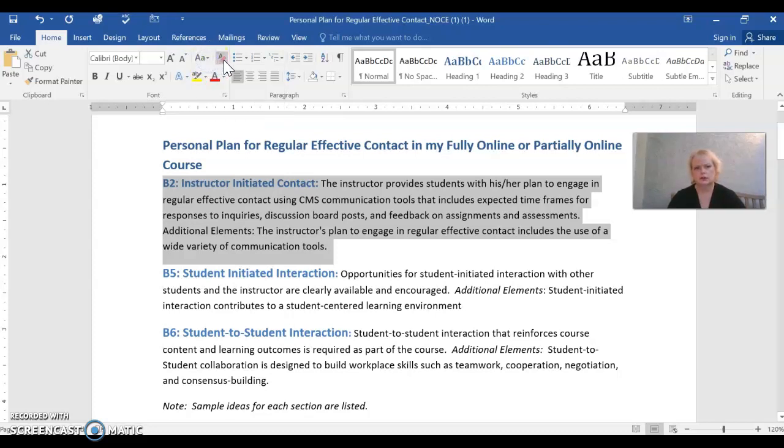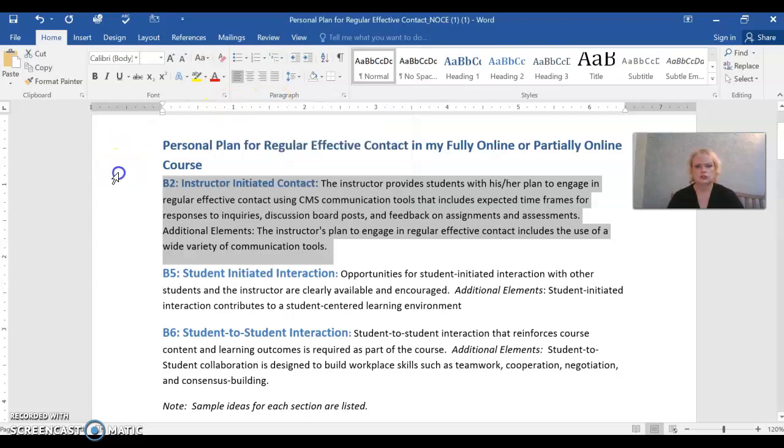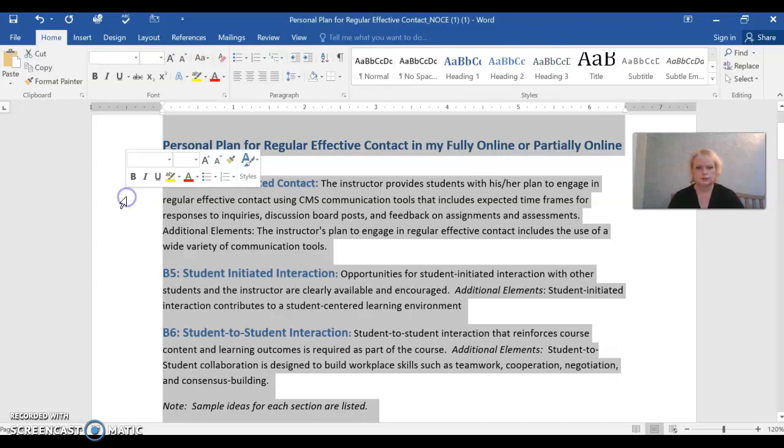We have here this one, I can clear all formatting. So it's kind of like an undo function. And last but not least, remember too, the dialog box launcher. This is where you can see additional functions that you can use in the font group. So moving on to paragraph. So if I were to